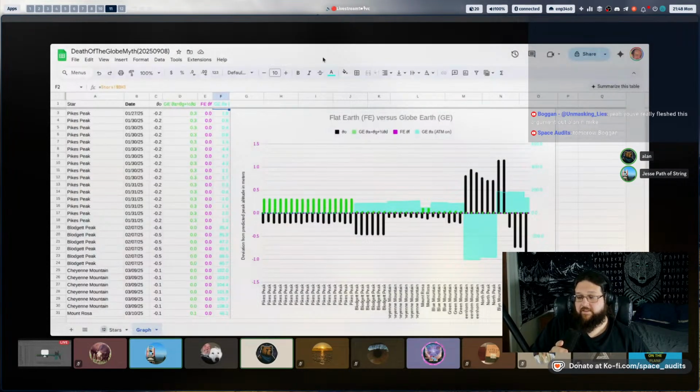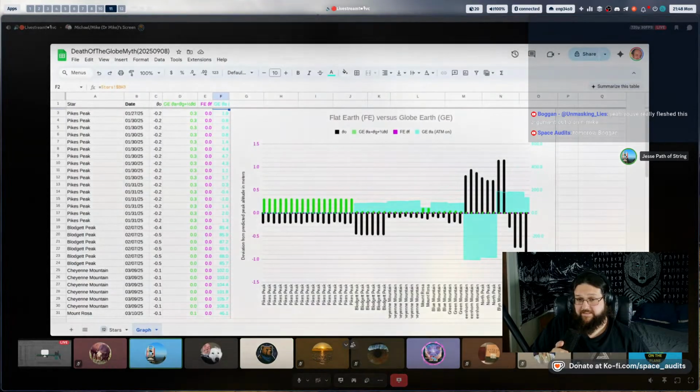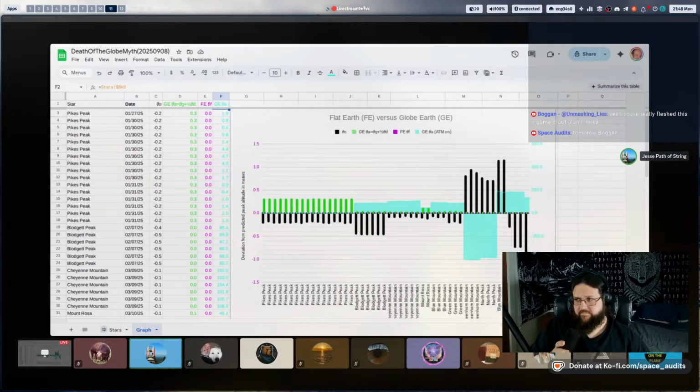Well, that is true, but is it also true that so far no angular margin of uncertainty has been stated that would allow the null hypothesis to be refuted? Oh, we have the actual refraction conditions now and what constitutes a valid measurement. All you need for a valid measurement is for the actual refraction conditions to not exceed the amount of drop over distance expected. Because if the actual refraction conditions at the location exceed the amount of drop over distance, you can't conclusively determine if the Earth is a sphere or if it's flat.